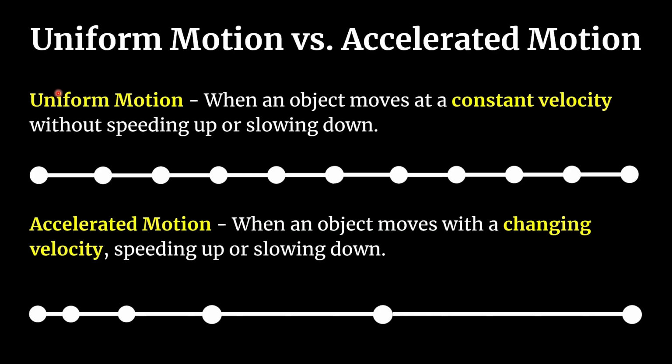Two key terms to understand are uniform motion and accelerated motion. Uniform motion is present when an object moves at a constant velocity without speeding up or slowing down. To help you visualize a little bit of what this means, and as a little teaser for the next lesson, imagine taking a picture of a moving car exactly every second. If the car is moving at a constant velocity, the car would cover the same amount of distance in every